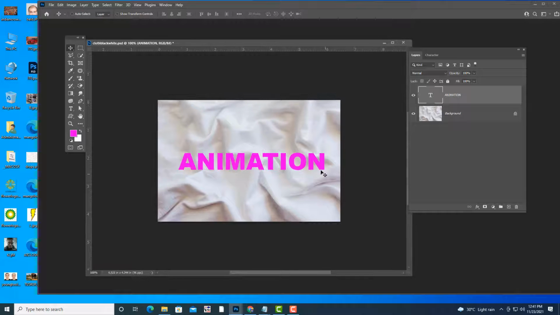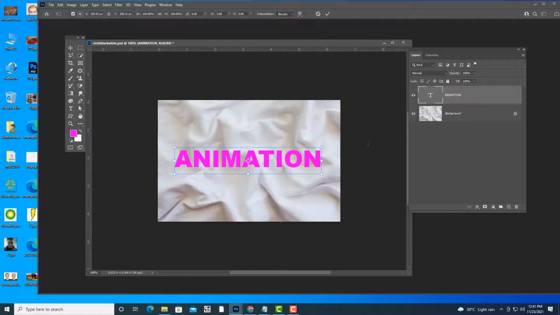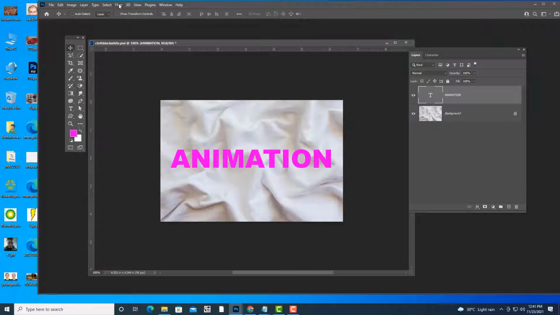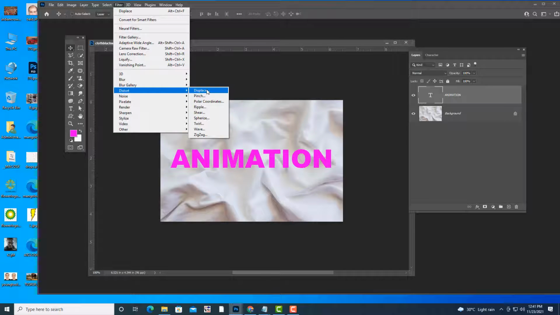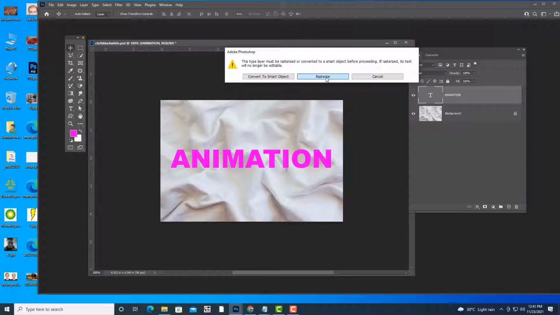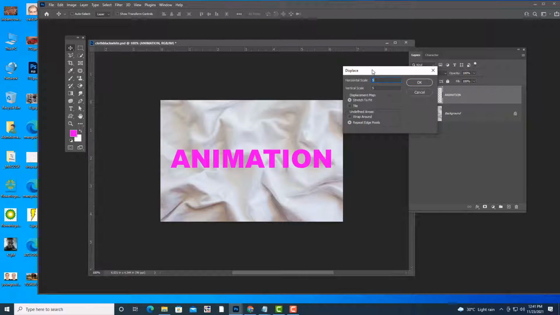No need, delete is better. Delete is a better option, because too many layers will not be nice. So now the next thing is, I will apply the displace filter to the text. Filter, Distort, Displace. And when you are trying to apply that filter to the text, this message appears. So we cannot directly apply a filter to text. We have to convert the text to an image. Simply click on Rasterize, and now it is an image, it's not a text.